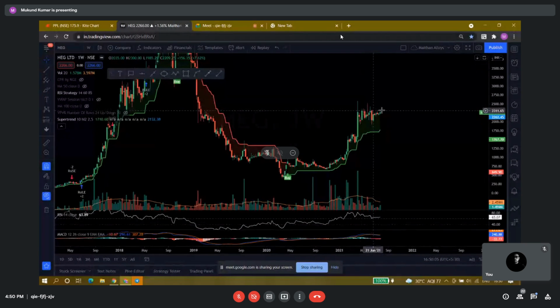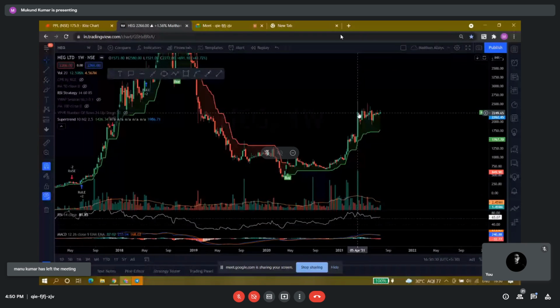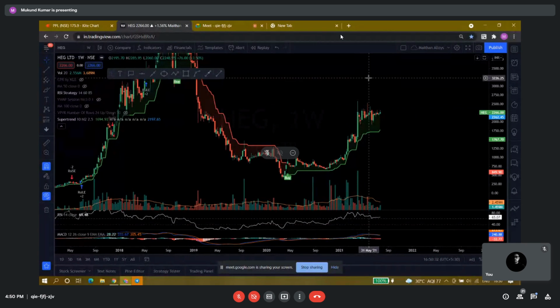consolidating. This consolidation does not mean that the stock is being avoided. This means that the big players are adding stocks slowly, so that they get lower prices. So their average price does not differ. They want to have this stock at this particular price range, so that their average price is at the same level. So that is why they don't want to move the price up. They want to accumulate it first, and then they will carry the stock upward.